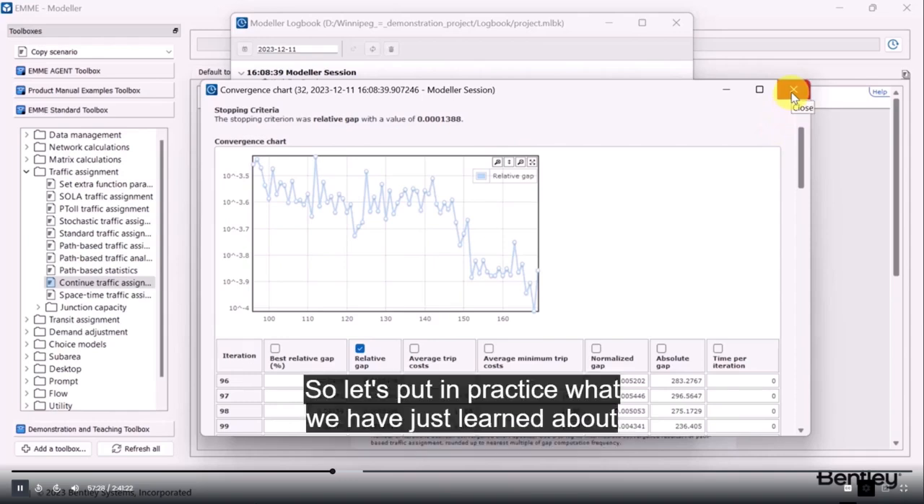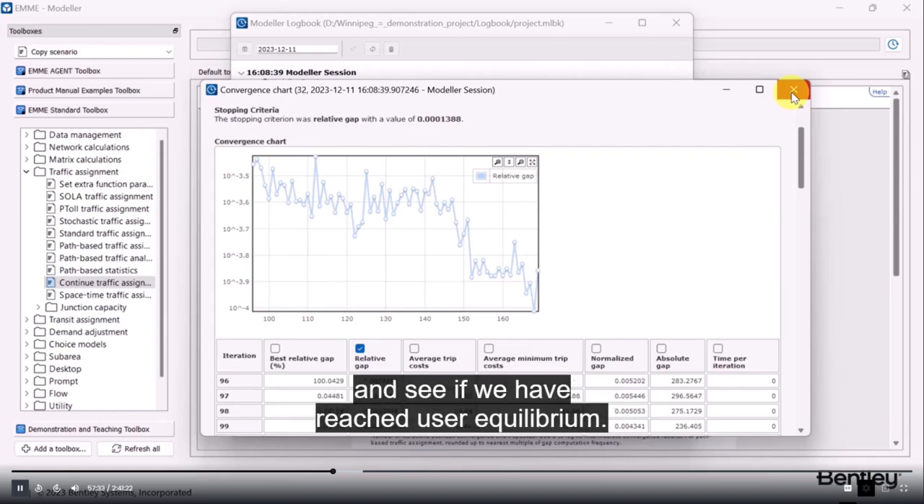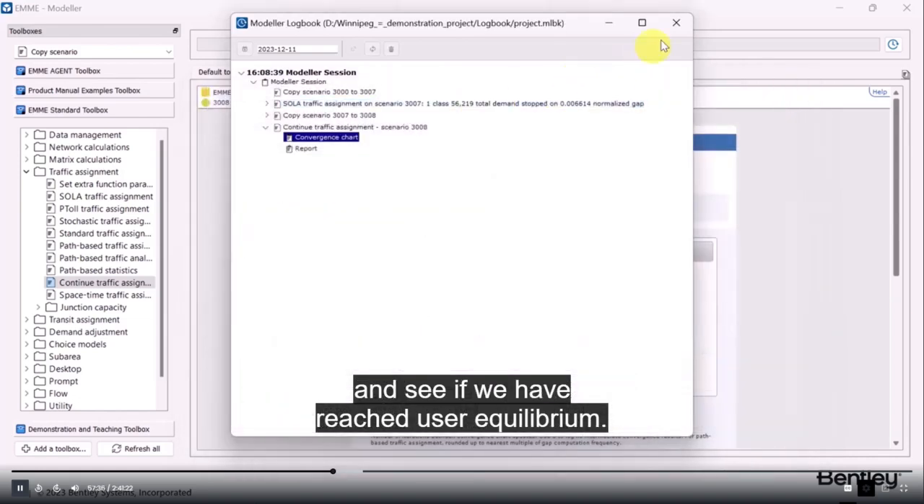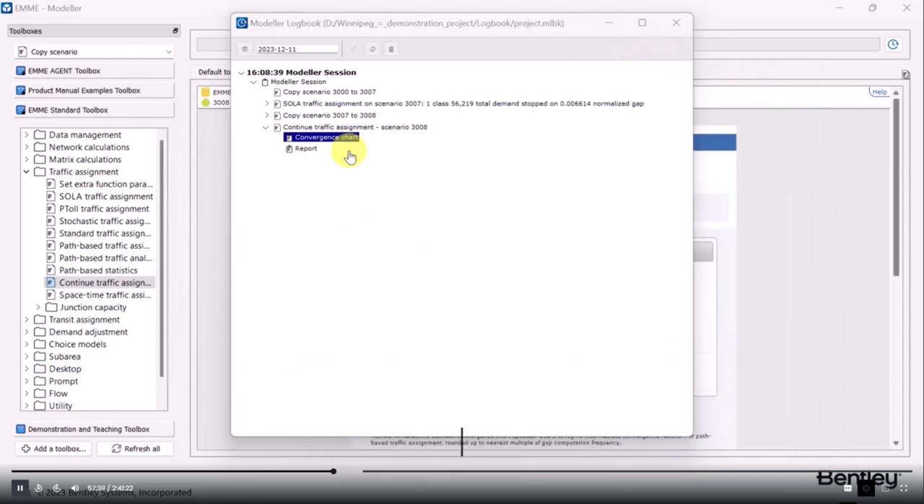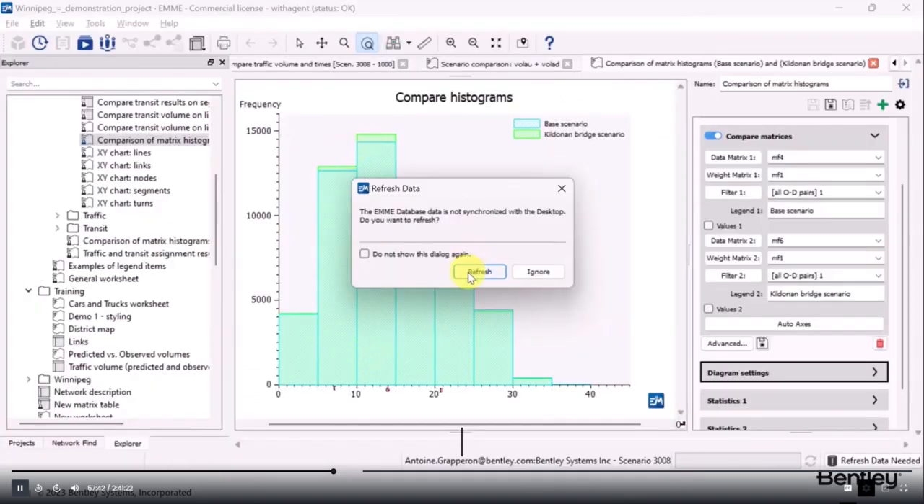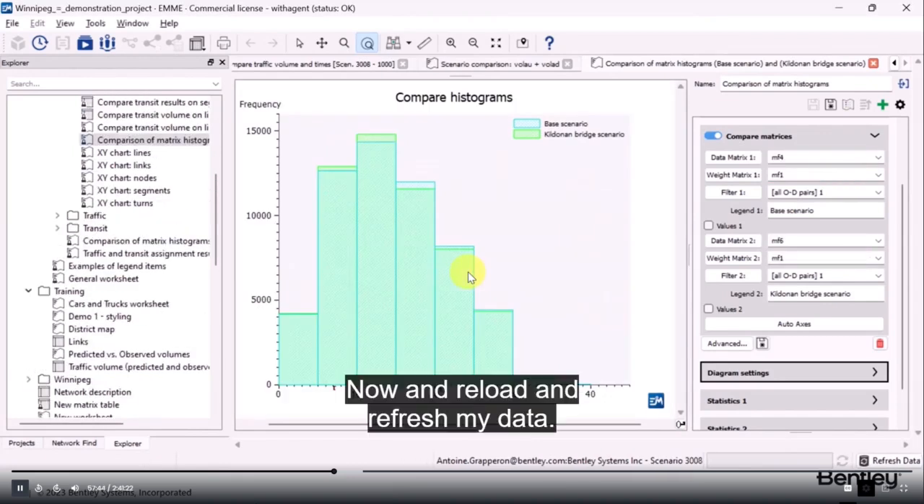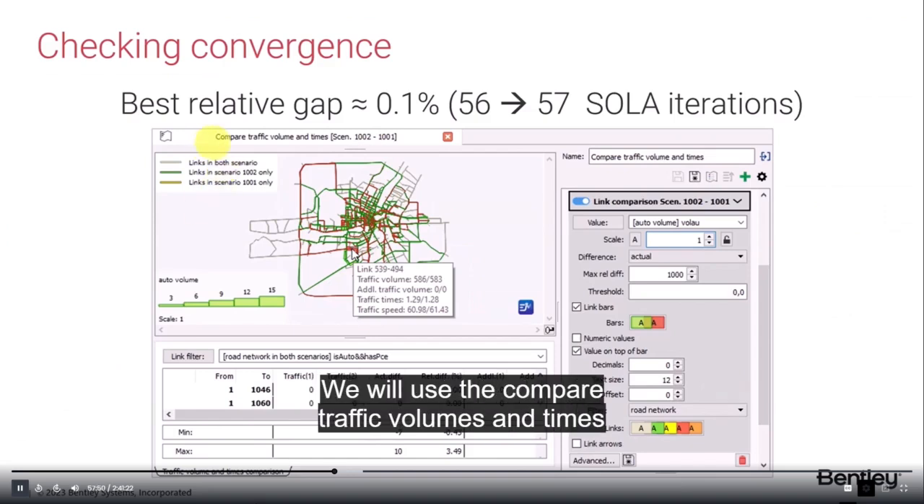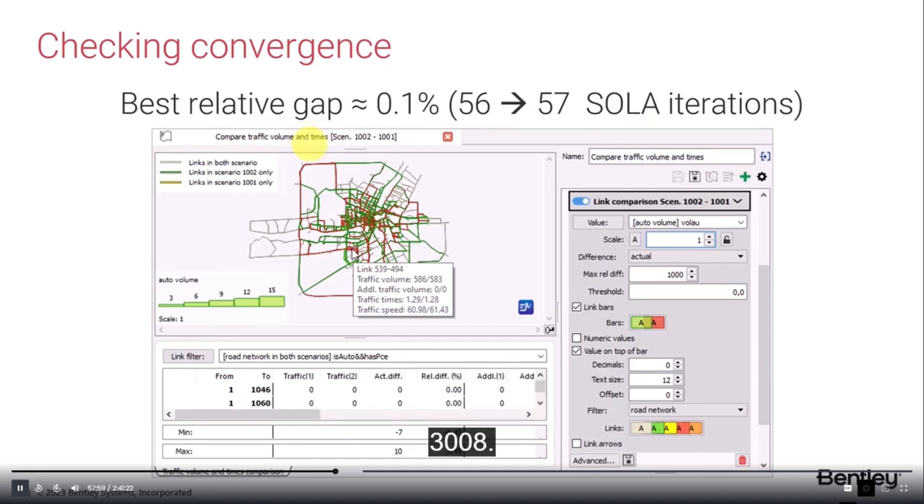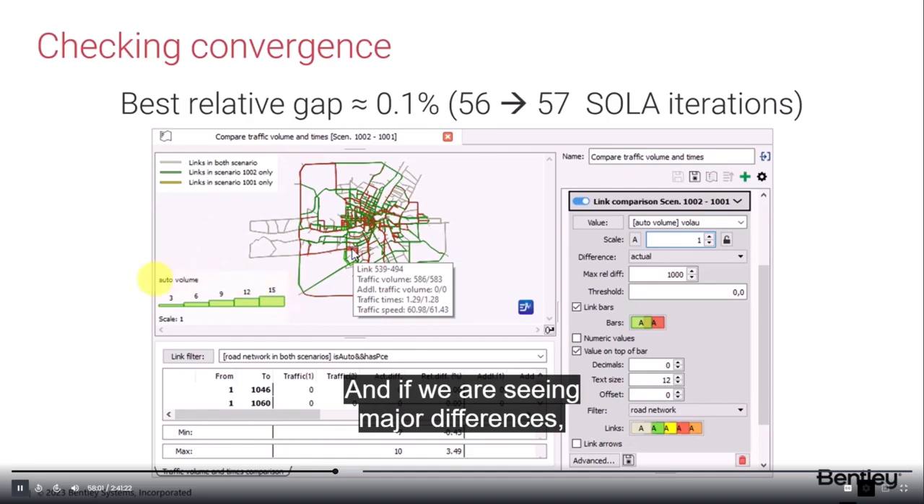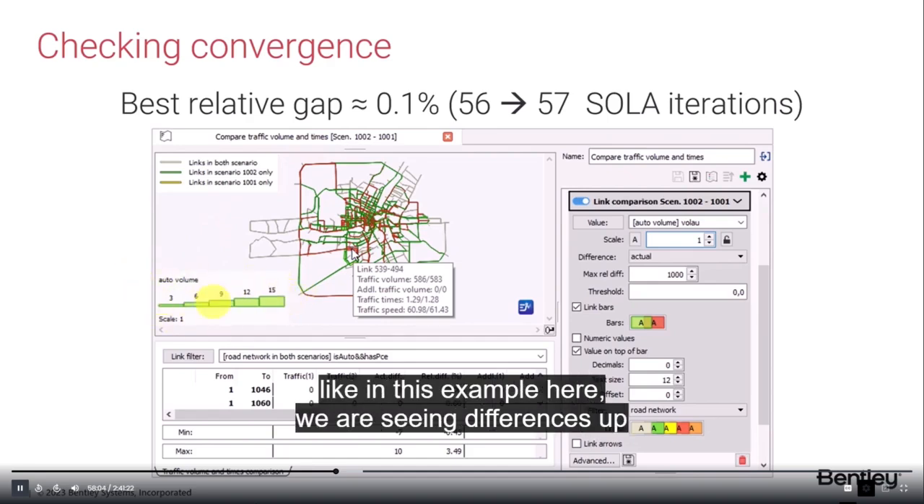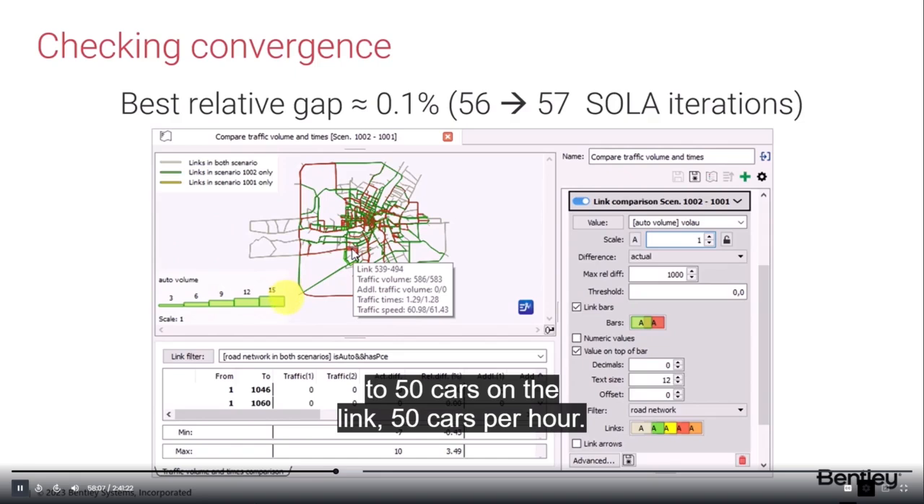So let's put into practice what we have just learned, to compare the results on the two different networks and see if we have reached user equilibrium. I'll go back to the desktop and save, and reload and refresh my data. We will use the compare traffic volumes and times worksheet to compare scenario 3007 and scenario 3008. And if we are seeing major differences, like in this example here, we are seeing differences up to 50